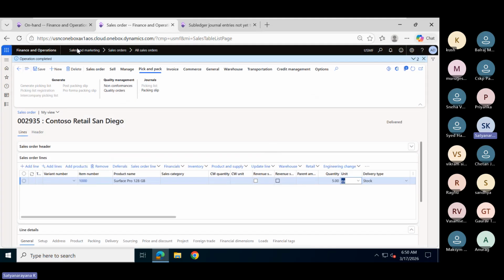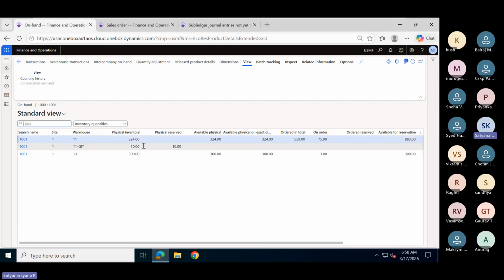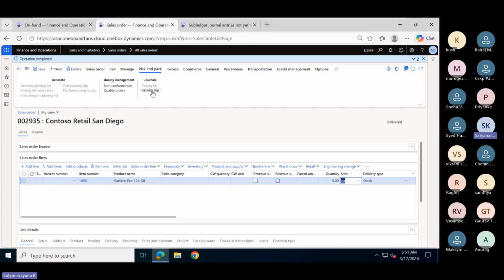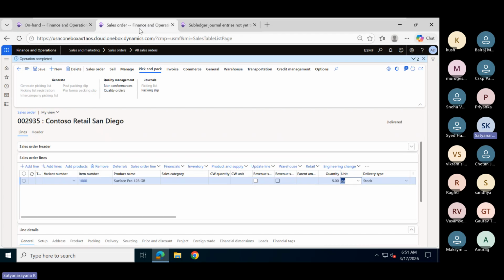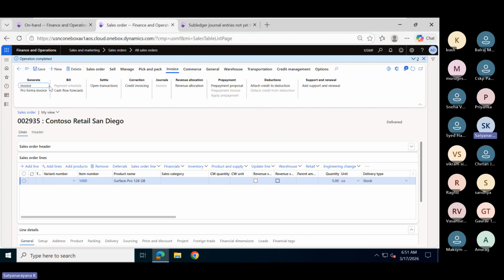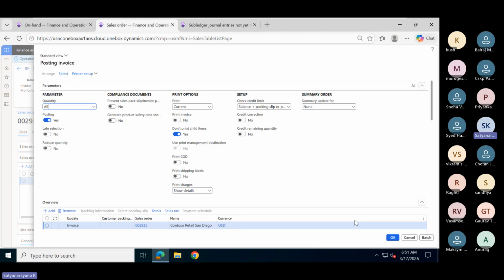Now it is delivered. I have 324, and now 5 quantity is delivered. Packing slip means delivered. If it is delivered, this will become 319 and this will become 70. Okay, next is invoice.